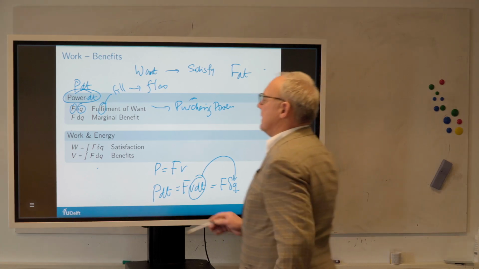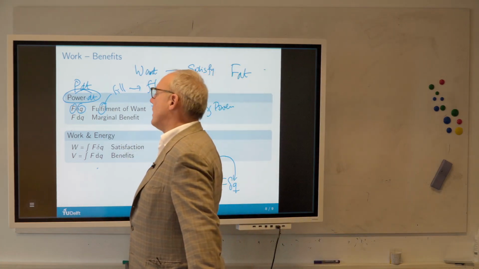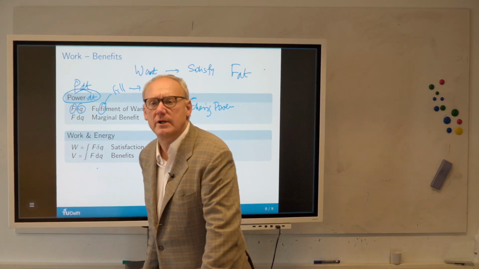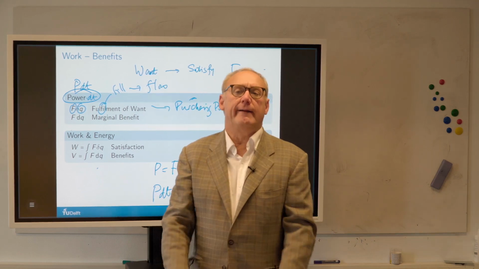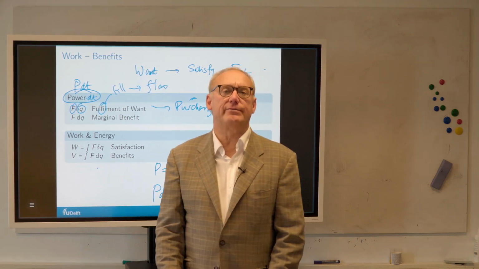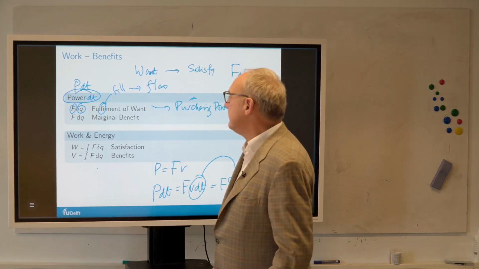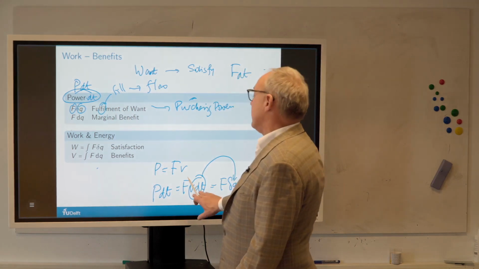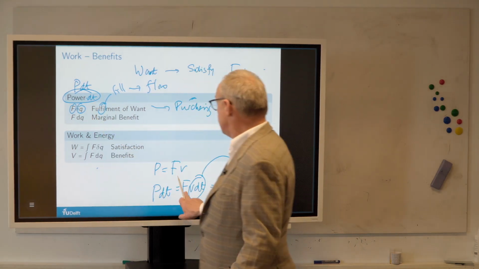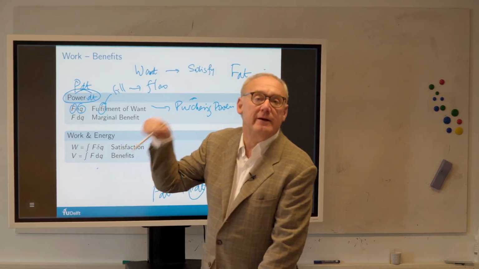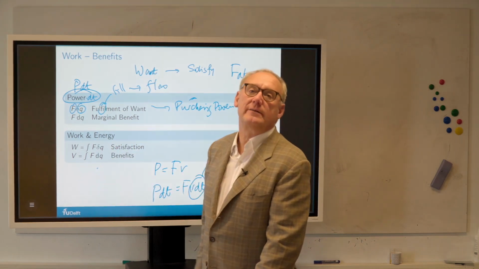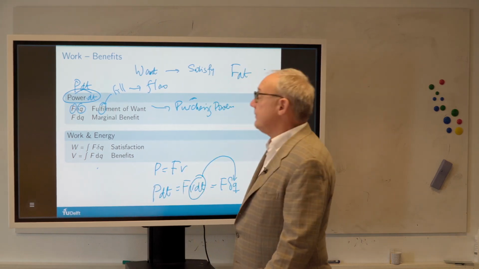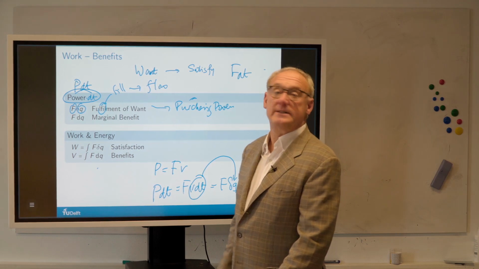But the intuition, you see, all this talk about wants, and we now know what they are, that's all fine, but you still have to do something with your wants. You got to fulfill them. You got to start getting stuff that's going to do something for you, huh? And that is this business. So the act of multiplying by the velocity is the act of taking your want and then filling it up with the flow of that commodity, okay? And that is the thing that will give you satisfaction, all right? This is just a definition,